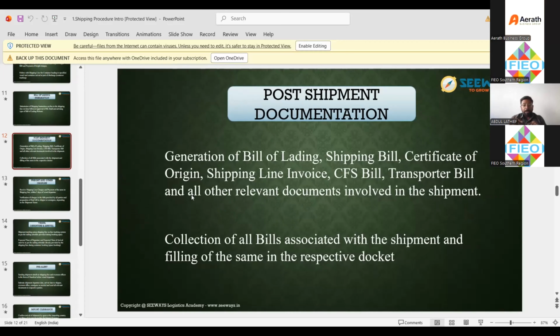Repeating it: generation of bill of lading, shipping bill copy, certificate of origin based on your requirement. If you have a requirement to collect a certificate of origin, you have to collect it. Another is shipping line invoice, CFS bill, transport bill, and all other related documents involved in the shipment. So you have to collect all these things. Collection of all bills associated with the shipment and filing of the same in the respective docket, also called a